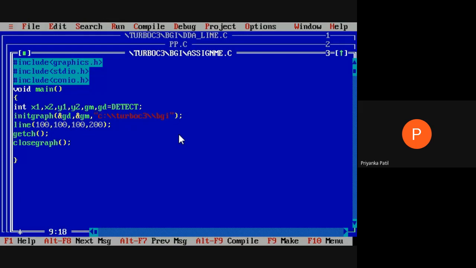After that we need to access the values from the end user. So we require a printf statement and a scanf statement for accessing the values from the end user.